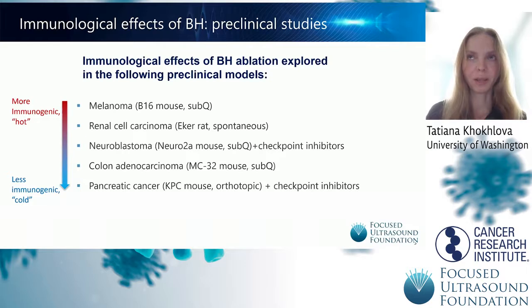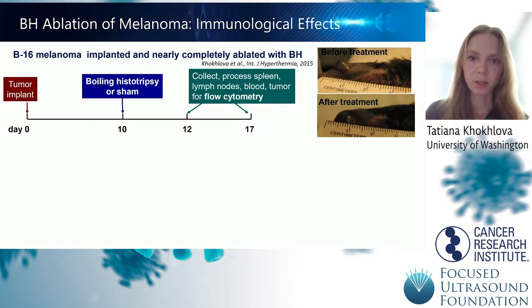Boiling histotripsy has been deployed with and without combination with immune checkpoint inhibition, and I'll cover the general findings and dynamics of the immunological processes that take place in each of those tumors. So starting with melanoma,